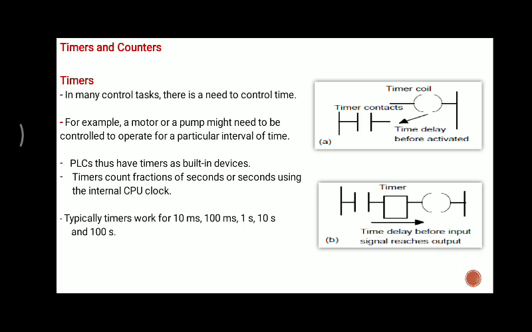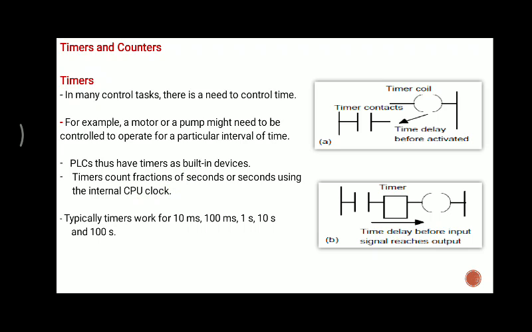PLCs have timers as built-in devices. Again, it is an inbuilt device in the PLC, not an external device, just like internal relays. Timers count fractions of seconds or seconds using the internal CPU clock. There is a clock in the PLC, and according to that these timers are set; it uses a 128 megahertz frequency, based on the frequency as we saw in the first lecture.